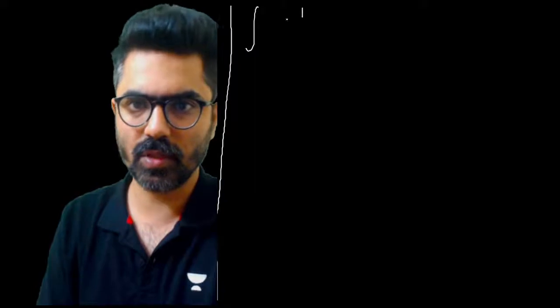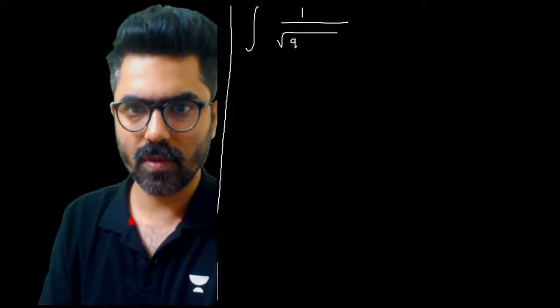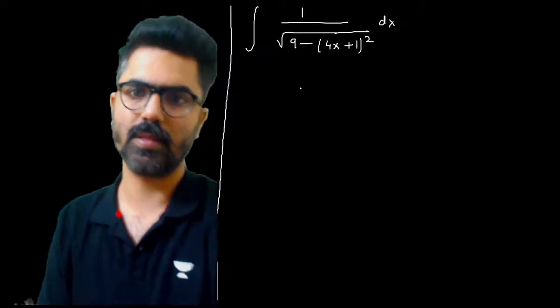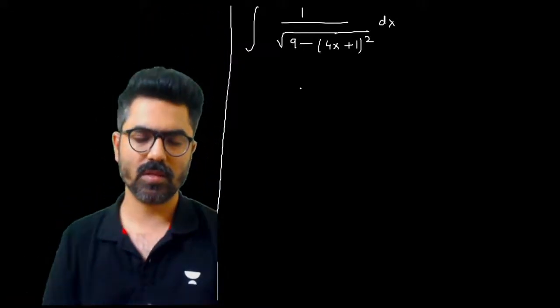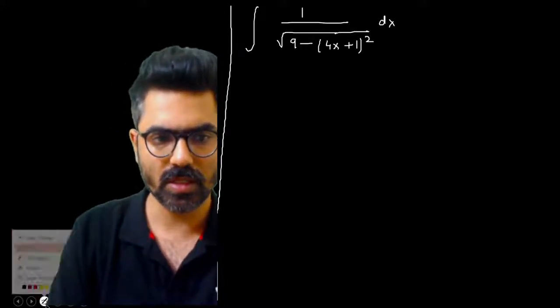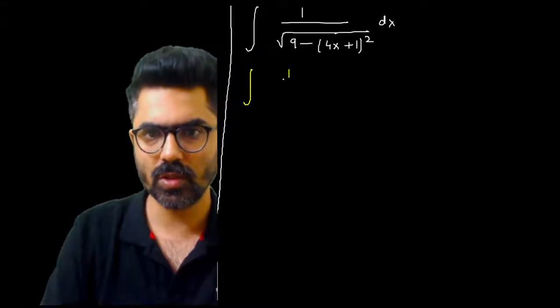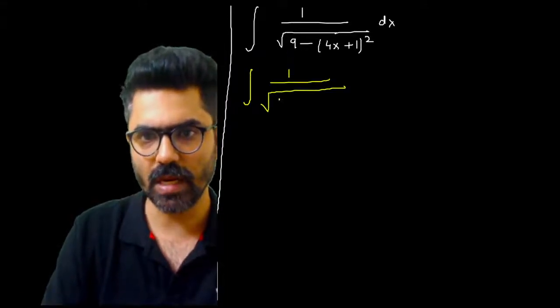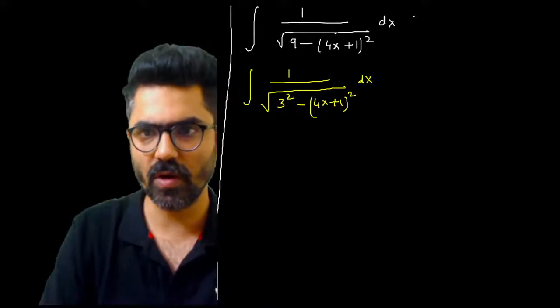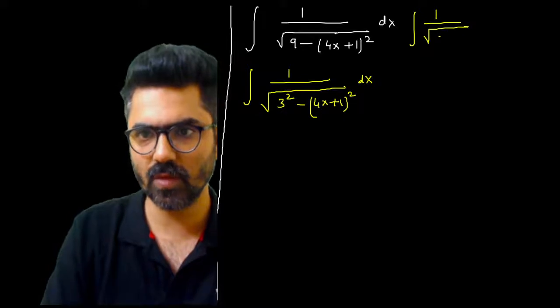Let's take one question and then we'll start. Like integration of 1 upon root of 9 minus (4x plus 1) the whole square dx. This is again the easier one. Only you have to apply a formula. I'll just write a formula and then explain it. Integration of 1 upon root of, instead of 9 I'm writing 3 square, minus (4x plus 1) the whole square dx. And the formula that we are going to use is 1 upon root of a square minus x square,